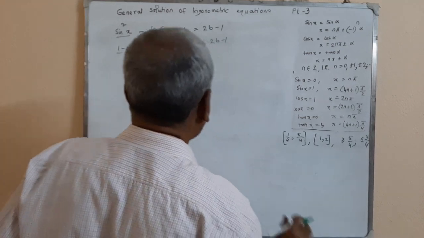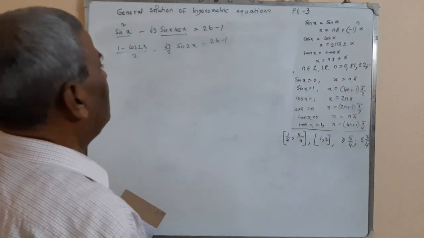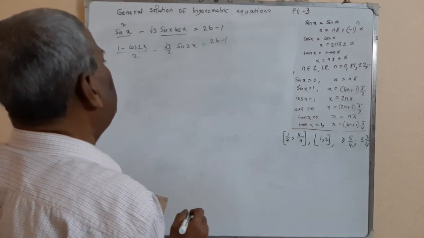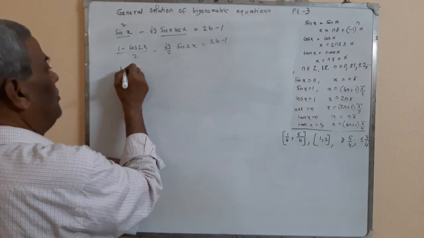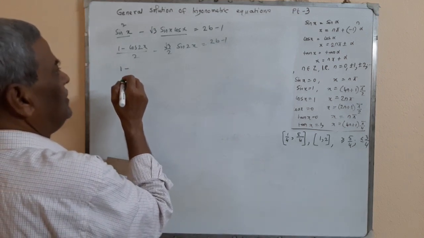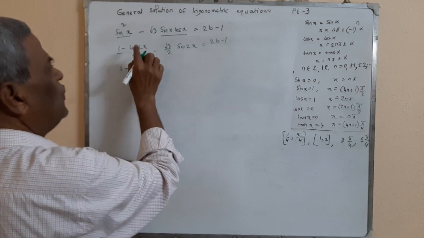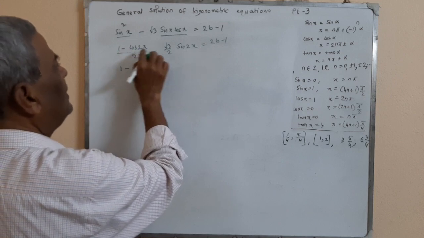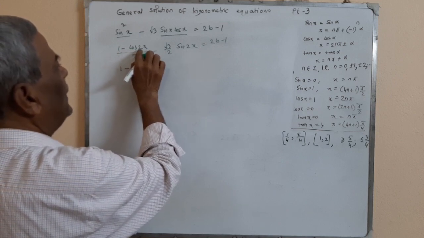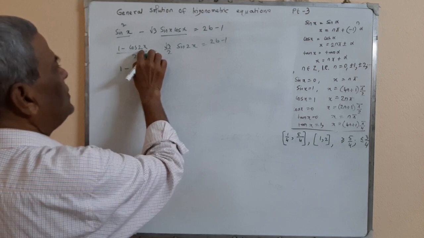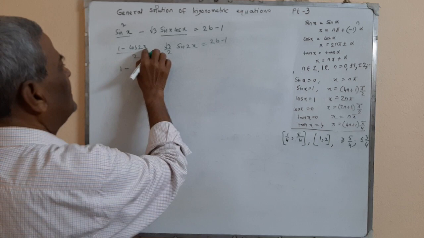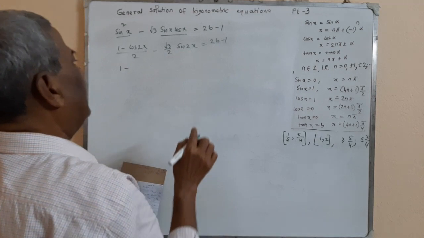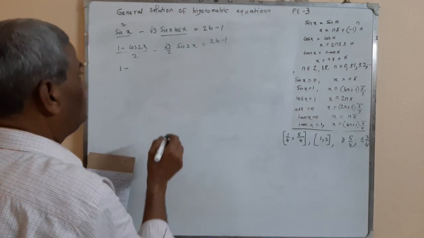So that it can be written in terms of linear combination of sine and cos. 1 minus, okay, sine square, actually 1 minus cos 2x by 2, and cos square minus sine square. So this is cos square x minus cos square x cancel, sine square x, okay, minus sine 2x is equal to that. So that it is equal to